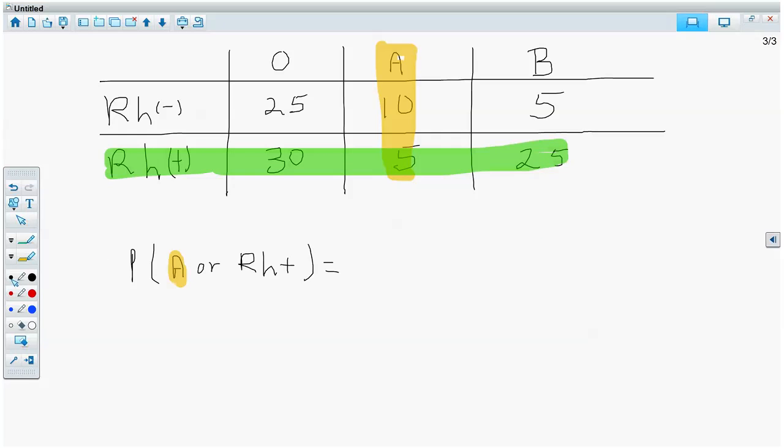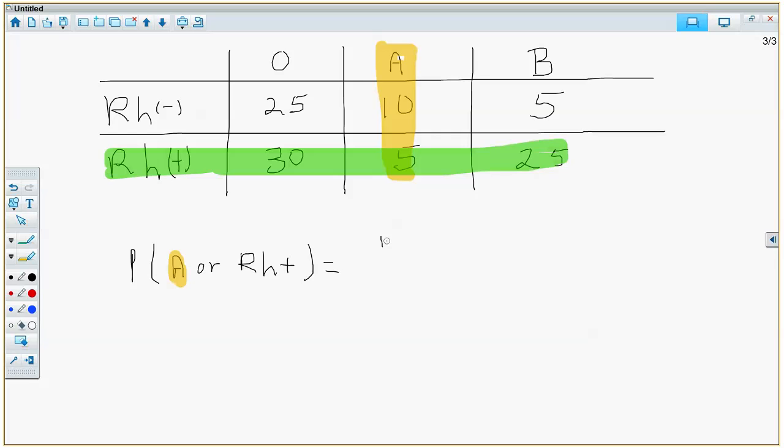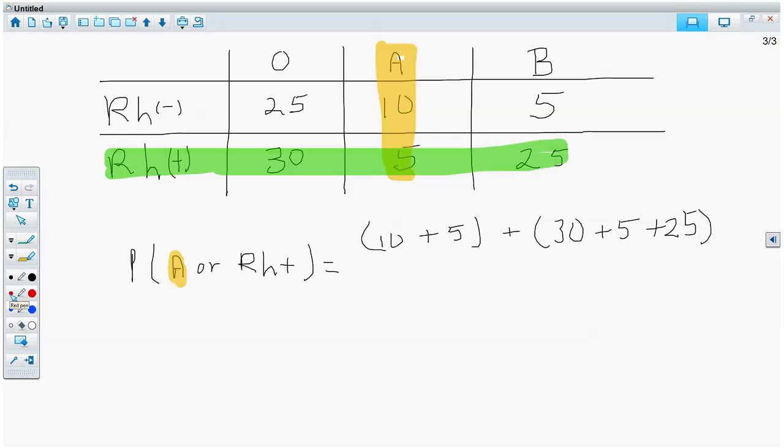All right, so that's going to be 10 plus 5 plus 30 plus 5 plus 25. Now I'll do my handy dandy red virtual pen and minus,